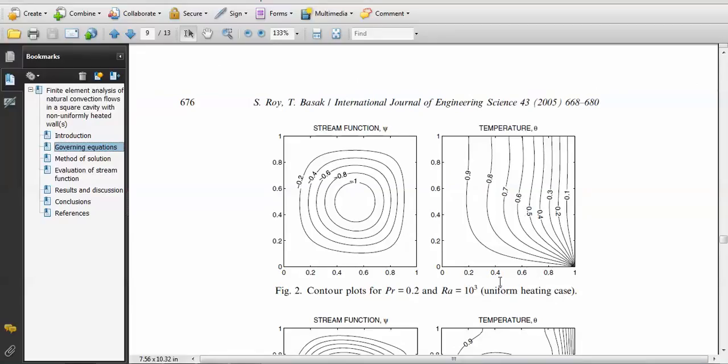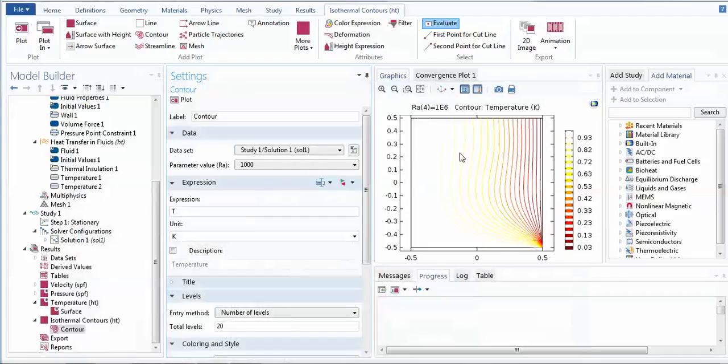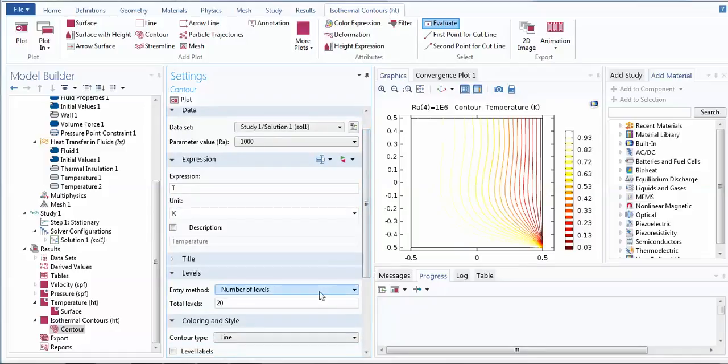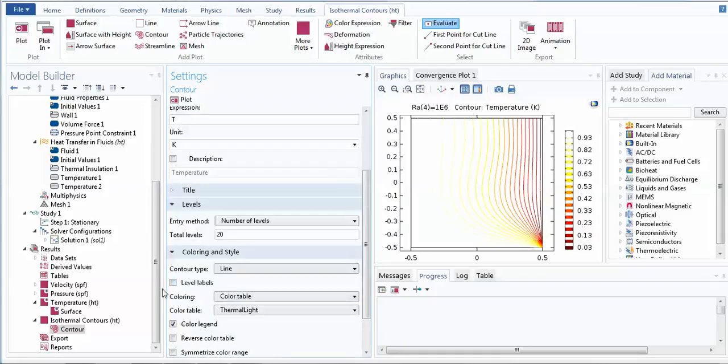So what I wish to check, I can see here the first graph. This is your first graph. The Prandtl value is 0.2, which is already fixed, and the heating is uniform heating. So RA is this, so my isotherm, the temperature should be this. So I can check here whether this is correct or not. This is something like that. It's not visible here.